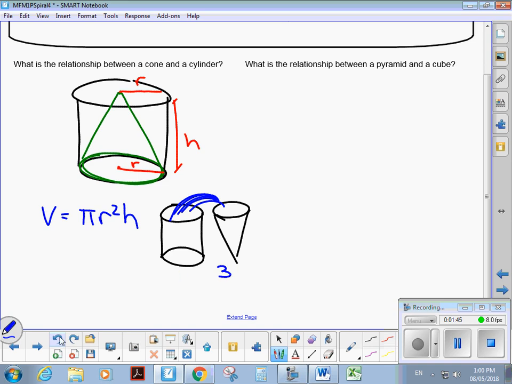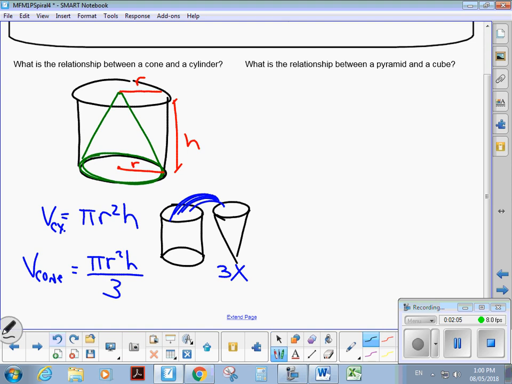All right, so that's why the formula for the volume of a cone is pi r squared h divided by 3. It's 1/3 of the cylinder. All right. Similarly,